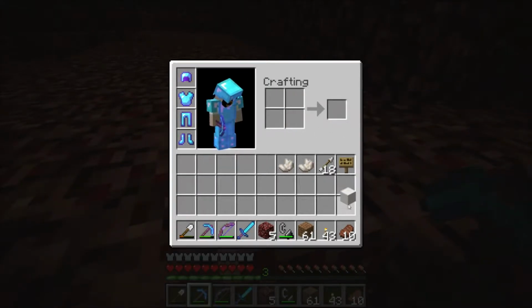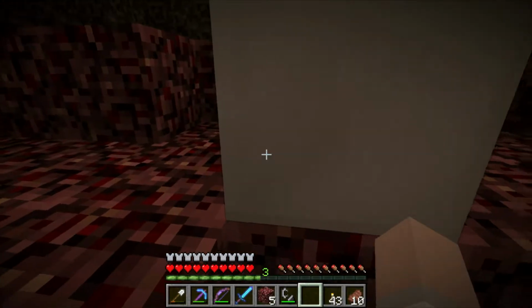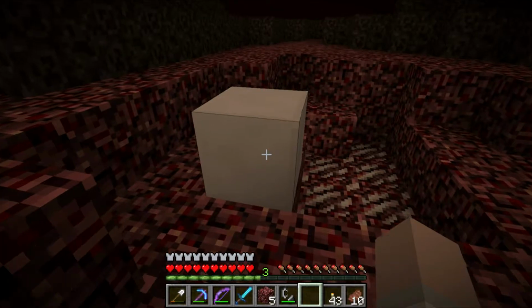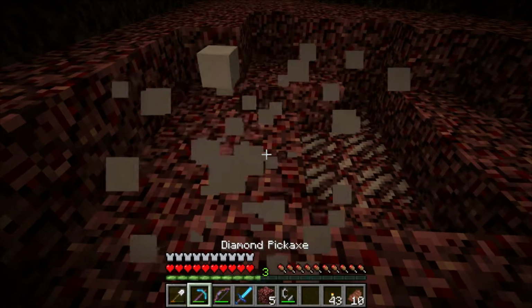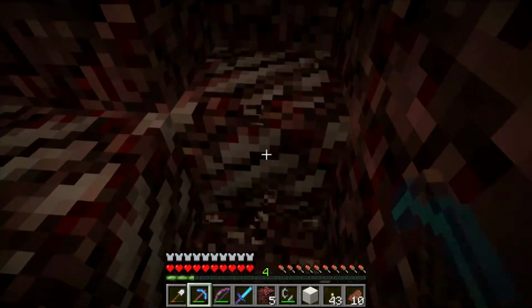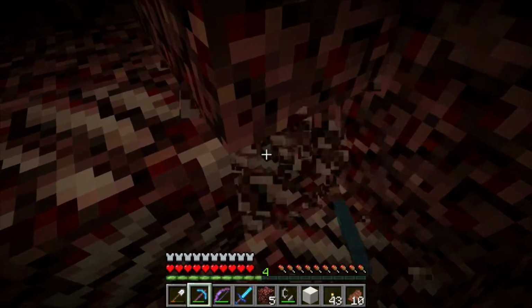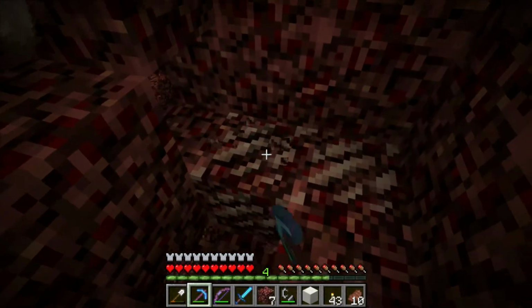So yeah, this is what a quartz block looks like. Place that, and you can see just how smooth and white it is. It's good for making buildings look a little bit rich, for lack of a better word. Let's just grab some of the rest of this, just in case. You can also use quartz to make a redstone comparator, which I will demonstrate how to use in a future